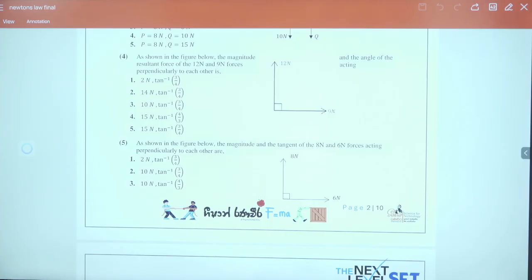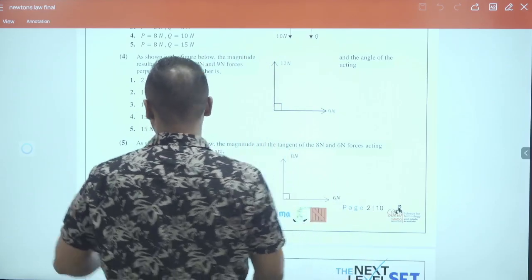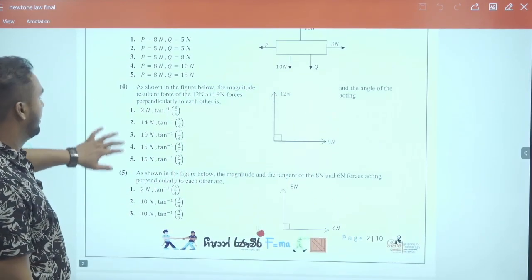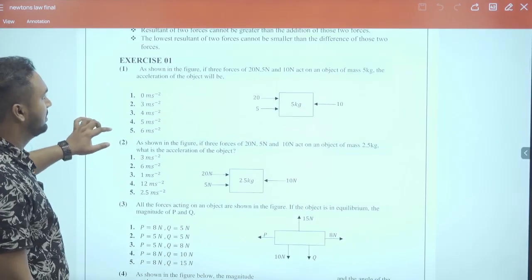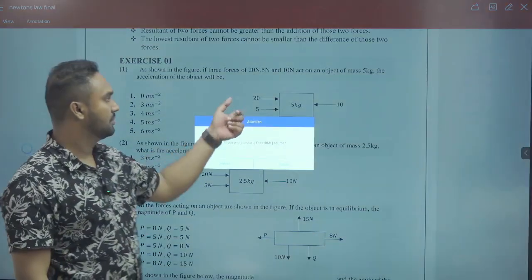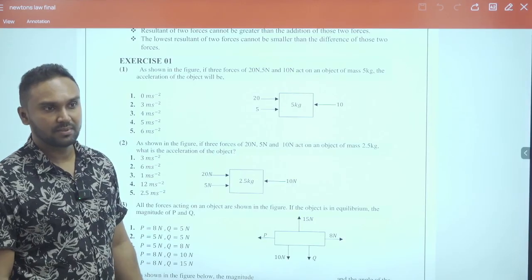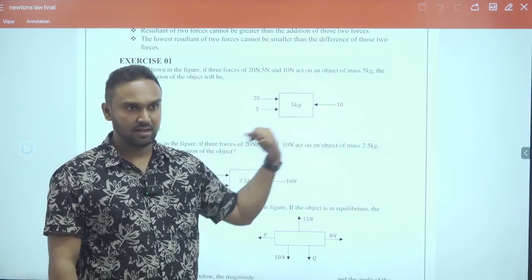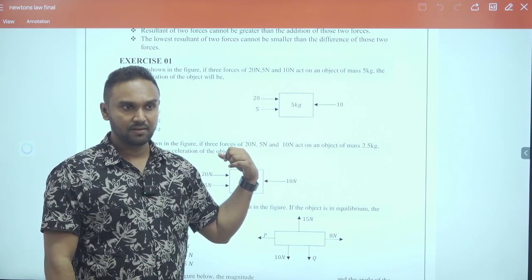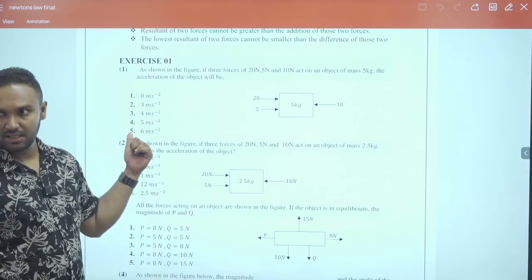Right, done? Done? Yeah. Good. Now tell me the answers. For the first one, the acceleration is what? Now these two forces are acting parallelly and towards the same direction, they should add together, right? 25, and this should deduct, then the resultant is 15 and mass is 5, so the acceleration should be 3